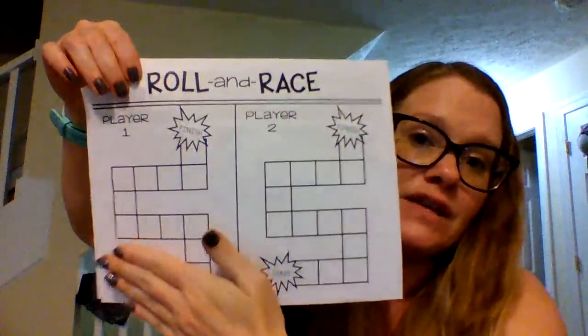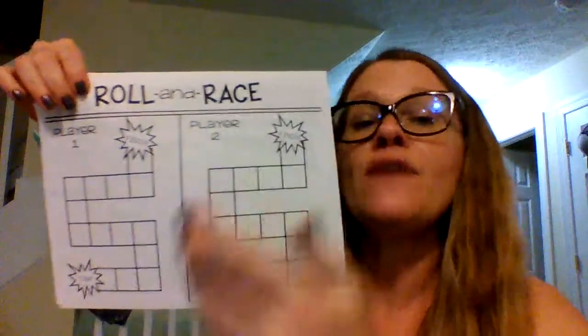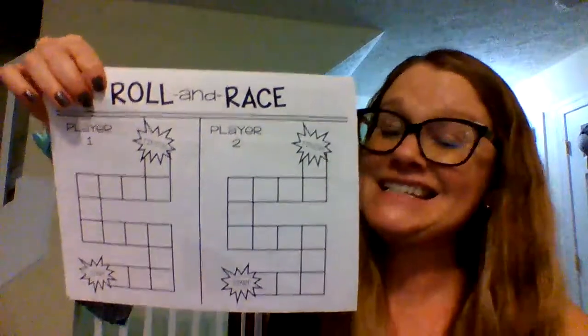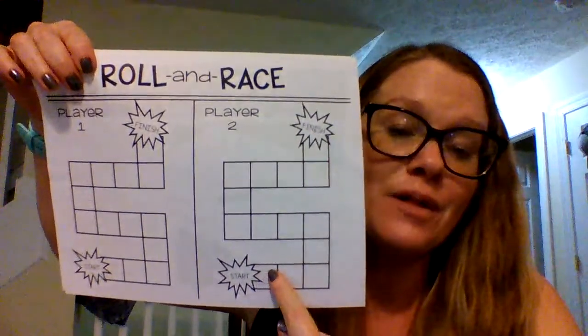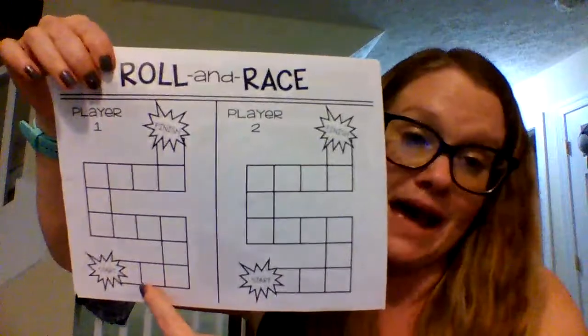have one player over here, the other player is here. You both start at the bottom. So if I roll 2 plus 2, I have 4. If Mr. Dave rolls 5 plus 6, he has 11. So his sum is higher than mine. So on his side, he would write 5 plus 6 because that is more than mine, okay? So you keep going,